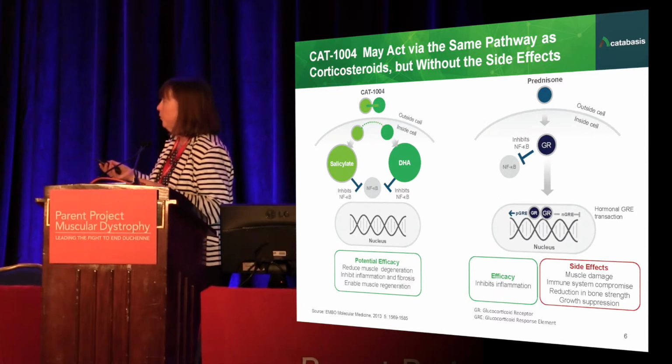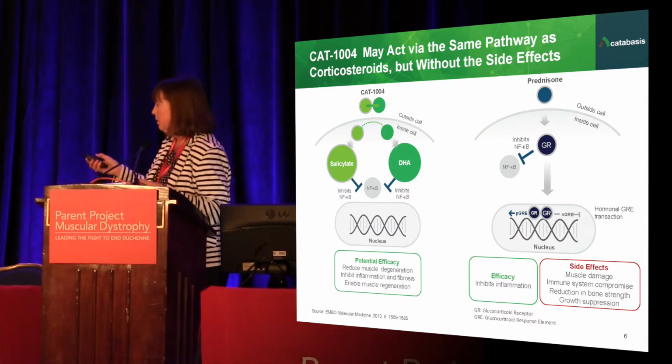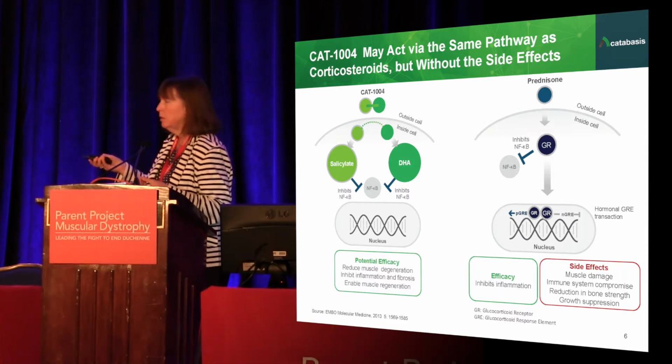Now, CAT 1004 acts on the same pathway as corticosteroids. Corticosteroids, as I said, target NF-kappa B. CAT 1004 is a molecule that's composed of two parts. It's salicylate, which is present in foodstuffs. It's part of aspirin, and omega-3 fatty acid, DHA. And these are linked together in a way that they're delivered intracellularly, and they can act on two different pathways,